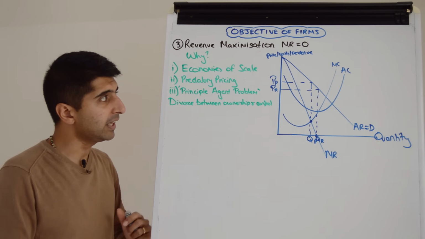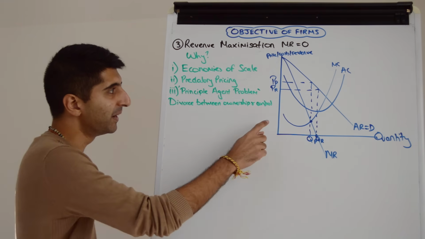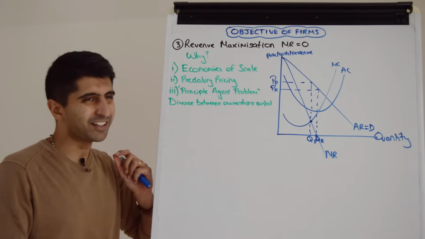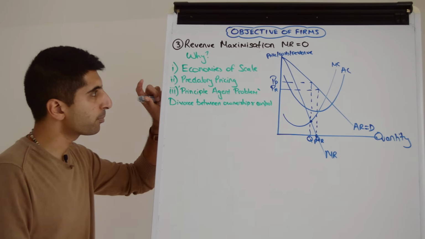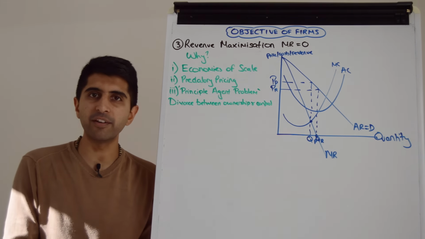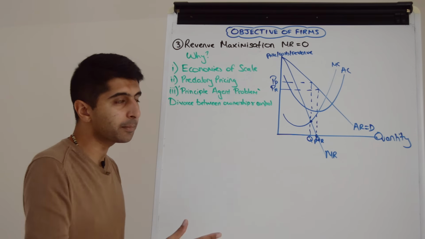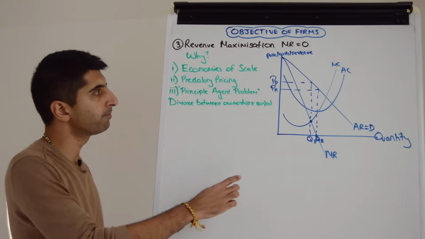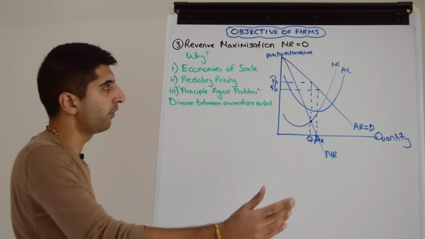We can also see the idea of predatory pricing here. We can see the revenue max price is lower than the profit max price, which means a dirty, dodgy tactic like predatory pricing could take place. This is when a firm will undercut its rival on purpose, sacrificing profit to do so in order to drive out competitors from the market here. So we can see that objective as well on the diagram.